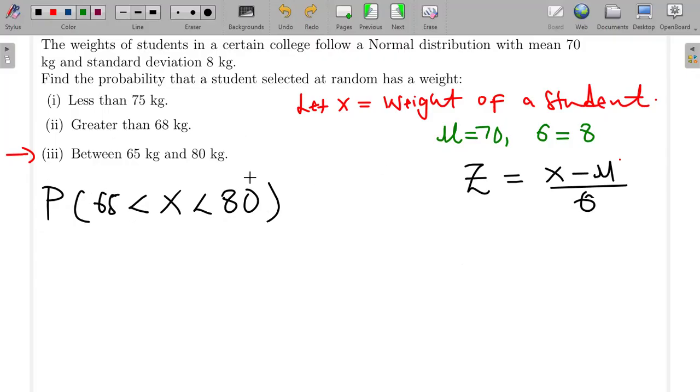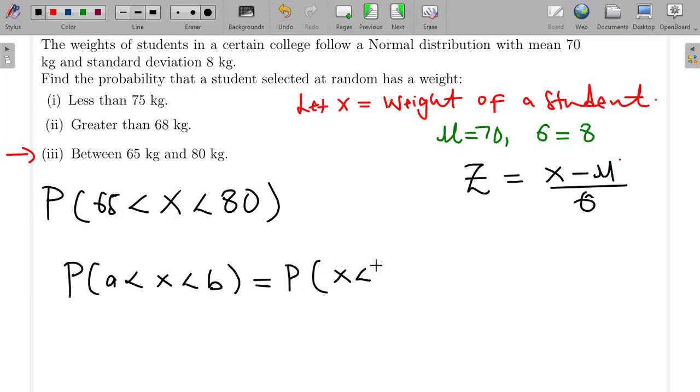So now the rule here is that the probability of X being between A and B, where A and B are any numbers, is just written as the probability of X less than B minus the probability of X less than A. So that is the rule whenever you have X in between two numbers. That's exactly what we're going to do here. Before we do that, we can actually